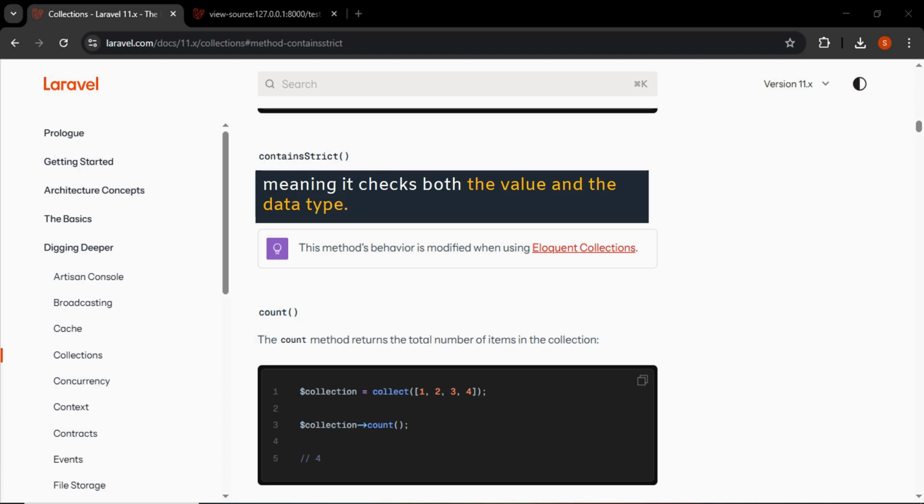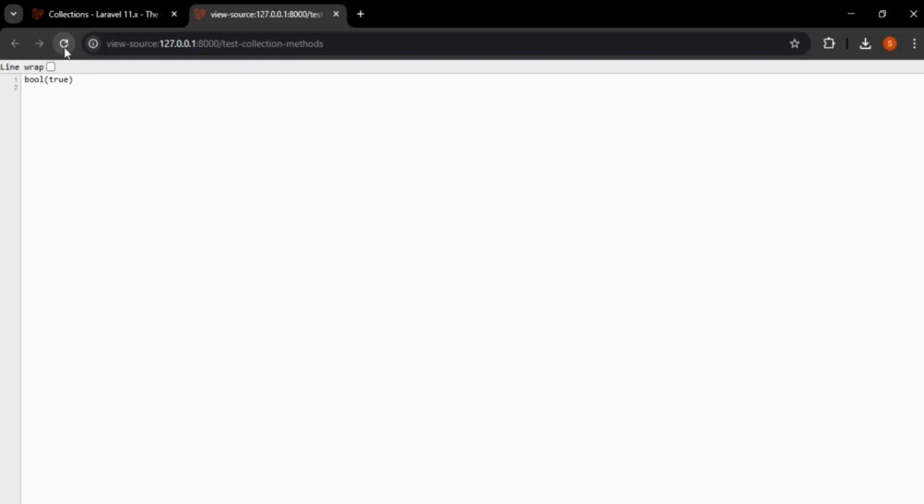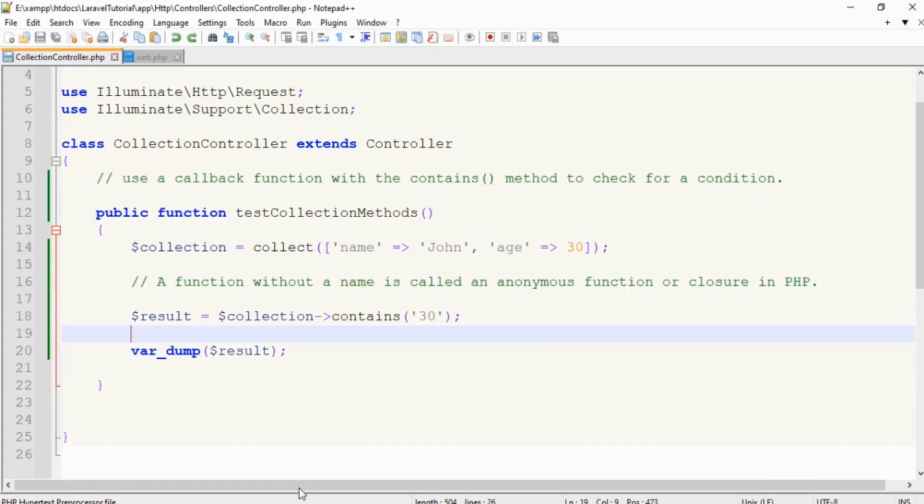Let's see some practical examples of the containsStrict method. In our example, if we check for the single value 30 as a string using the contains method and refresh the page, it returns true because Laravel performs a loose comparison, meaning the string 30 is considered equal to integer 30.